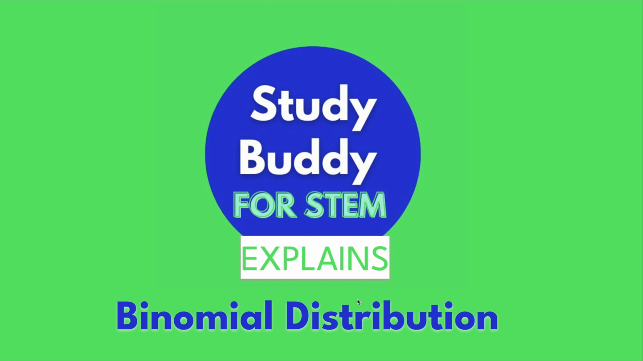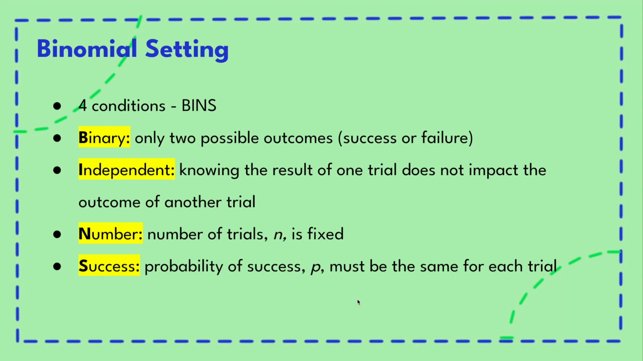This video is going to be about the binomial distribution. First, let's talk about the conditions of the binomial setting. We have 4 conditions abbreviated as BINs. First, binomial distributions must be binary, which means there are only 2 possible outcomes, which we call a success or